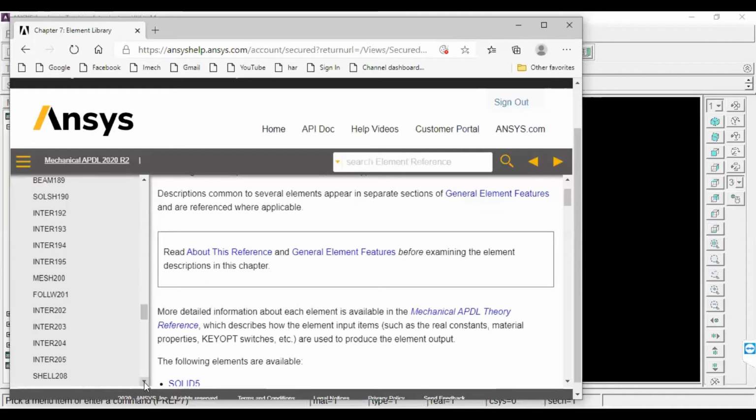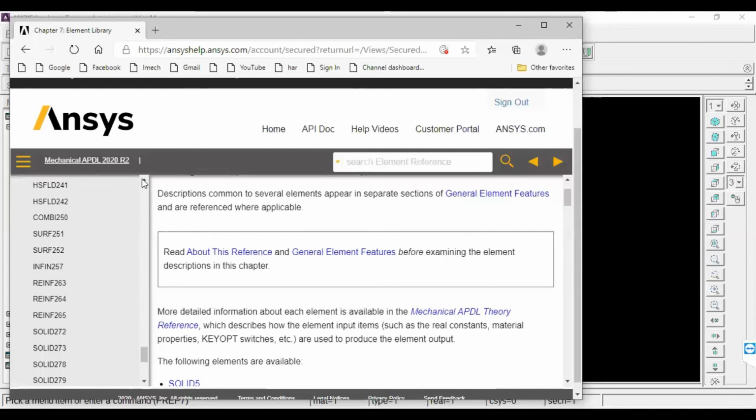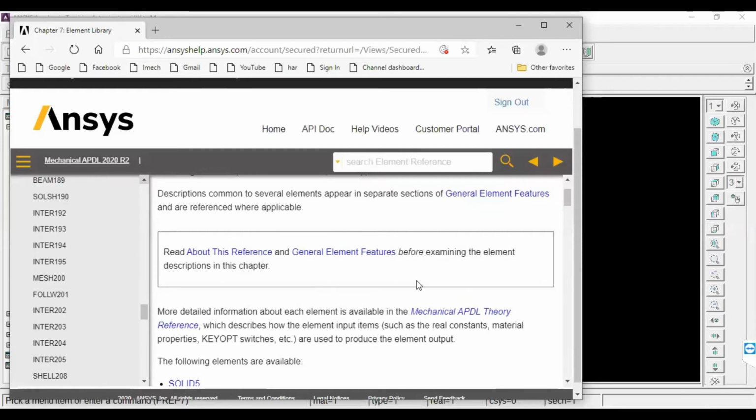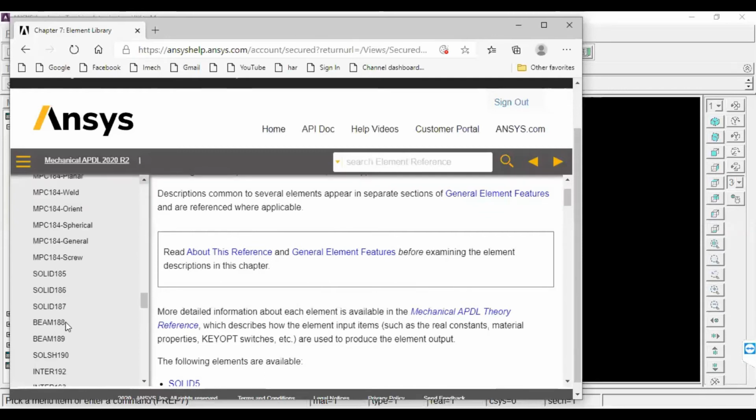first, suppose you want to solve a simple bar problem or a simple beam. I prefer to select 188, 189. Beam 188.